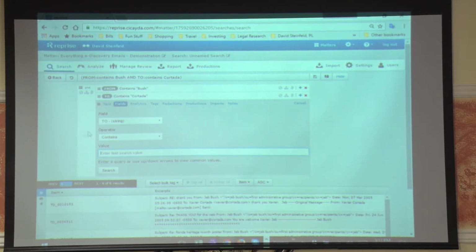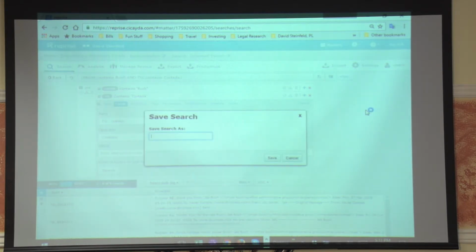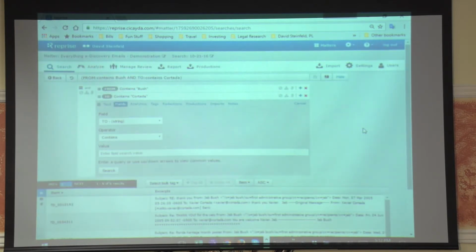So now what we want to do, and this is a critical step in any eDiscovery software, is we want to save our search. Every software is going to require that you do that. So let's just put today's date, and we'll save our search so that we can come back to it as need be later. Now we've got those 6 documents. So we're going to look at these documents. So we would just click on it,